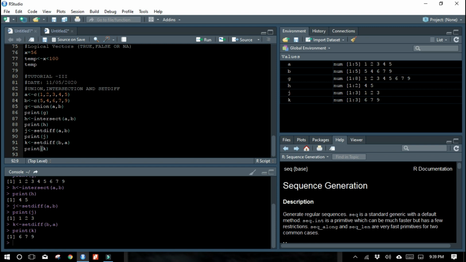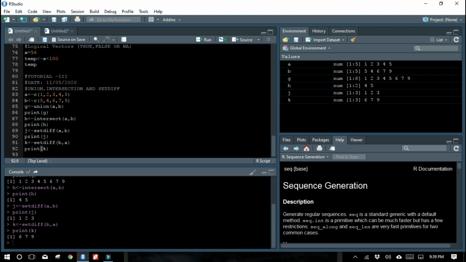So this is what the set difference does. The first, A, B, gives the remaining numbers in A excluding the common numbers, and the second gives the remaining numbers in B excluding the common numbers.